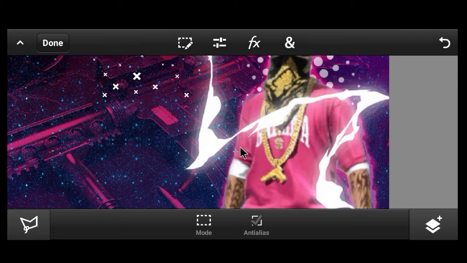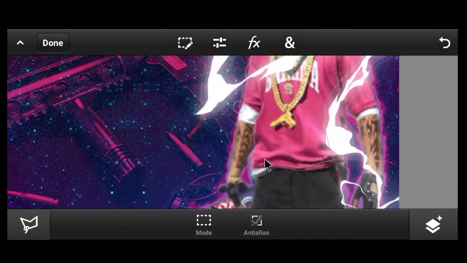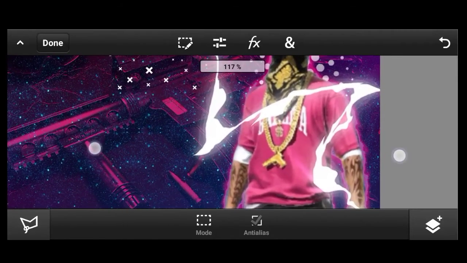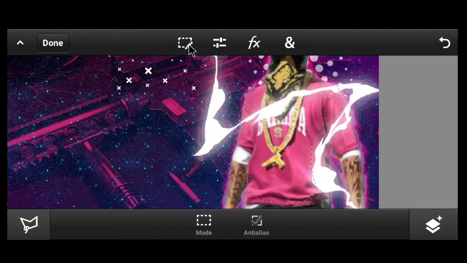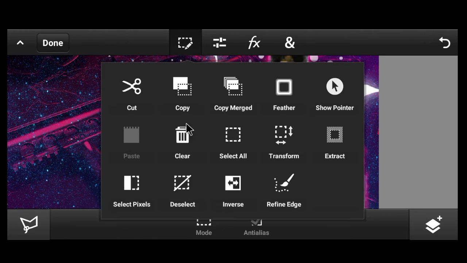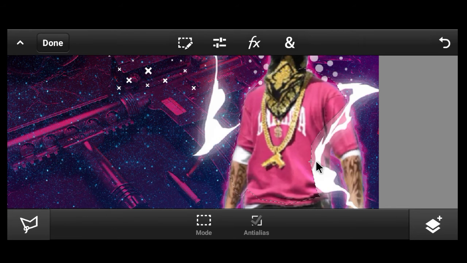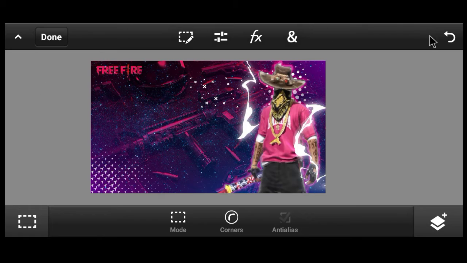I'll be selecting where I don't want this thunderstorm part, so roughly cut it where you don't want it and click on the pencil and board option. You can see here, right? Click on that option and select clear so that the part which you don't want will be cleared.